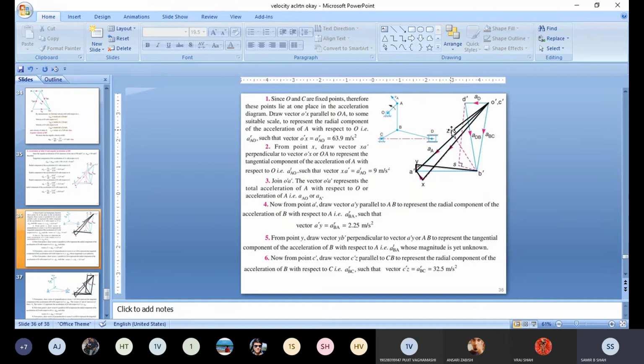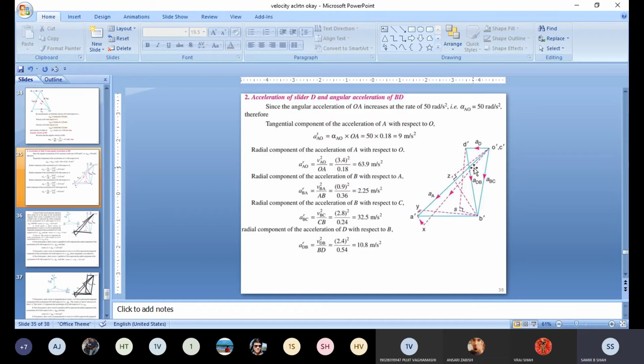After that, we have to keep in mind that CB and AB intersect at point B. So AB का जो tangential part है and BC का जो tangential part है, दोनों एक point पर intersect होंगे. Based on that principle, based on that schematic diagram, we draw the perpendicular line to BC from point Z. It intersects the AB line tangential portion at point B dash. So we get the point.